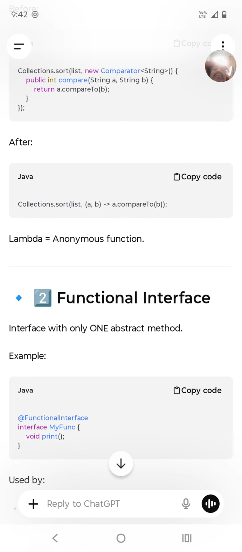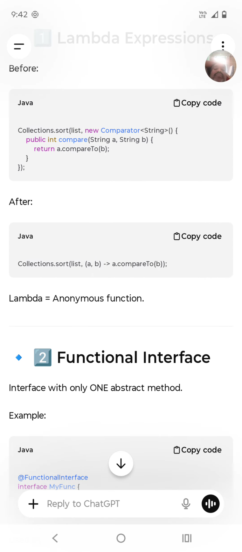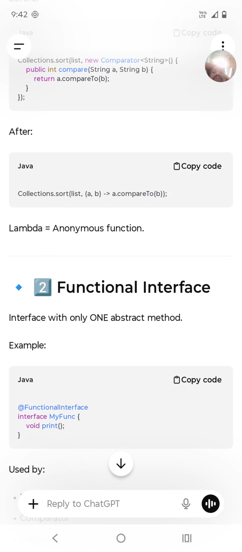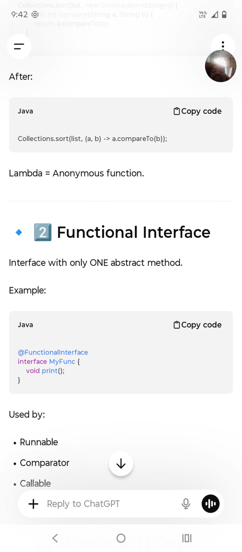Basically, we are writing functional programming here. Functional programming is like the anonymous style in lambda expressions. We use the lambda expressions to write the code, and you can see here everything. Right, okay,